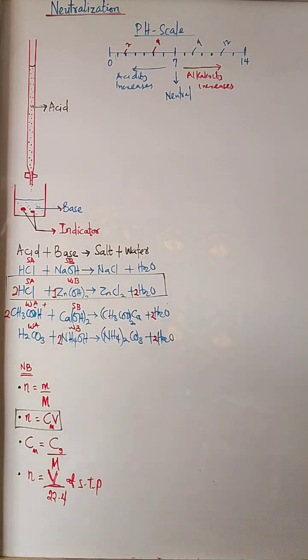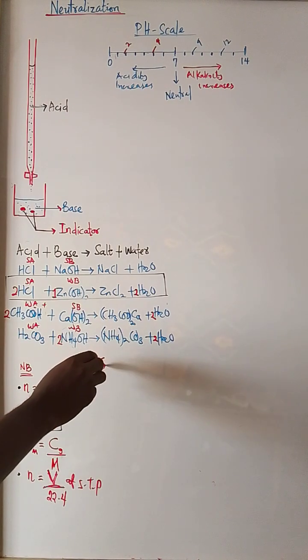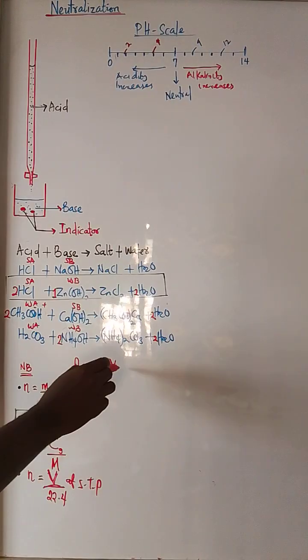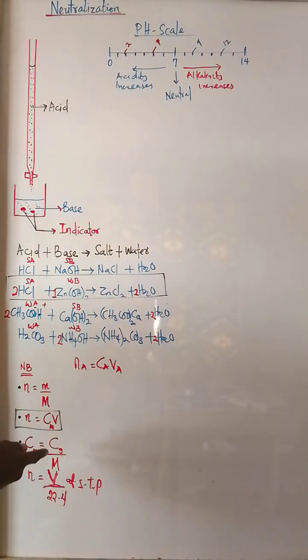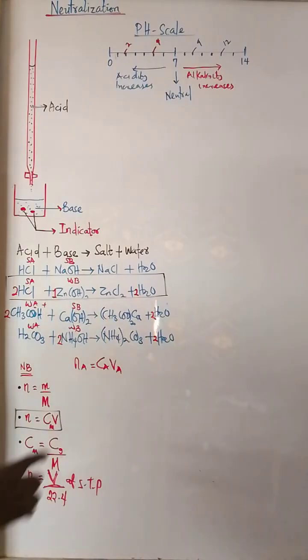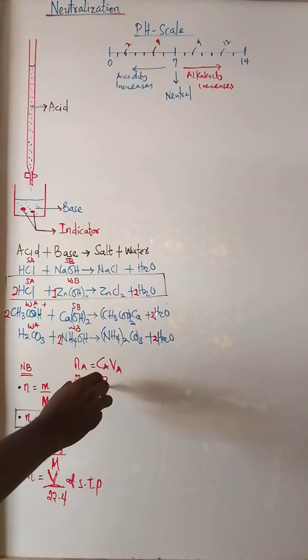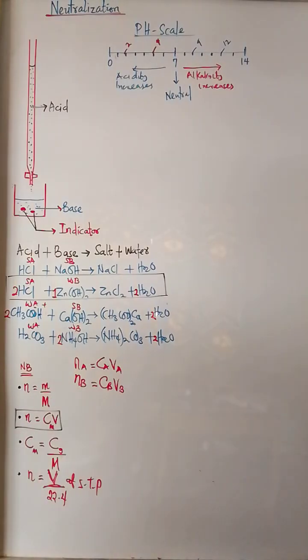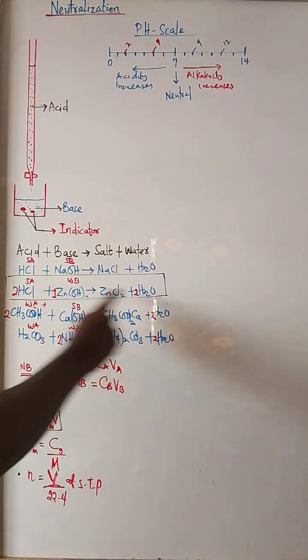Now, in this particular reaction, the number of moles of acid, let me call it Na, equals what? The concentration of acid used times the volume of acid used. Yeah, mole is CV, concentration times volume. So for acid, I'll call it Na equals CAVA. For the base, the number of moles of base equals the concentration of the base times the volume of the base, because the base will have a volume, the acid also has a volume, a particular volume. They also have a concentration from how they were prepared, and from the balanced equation we can get the